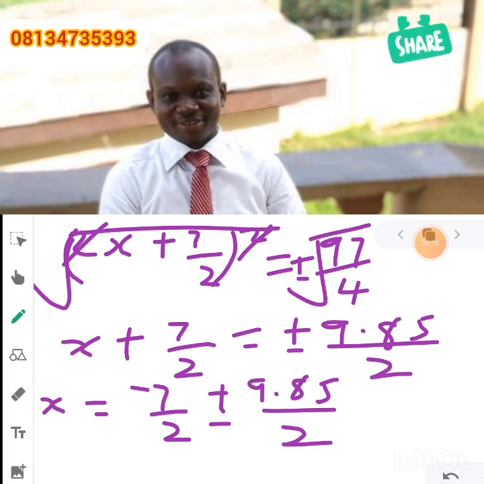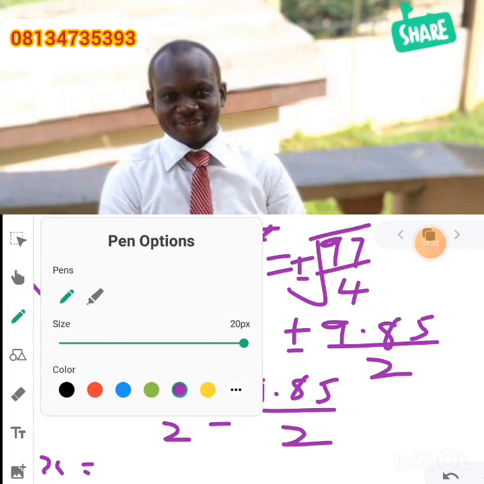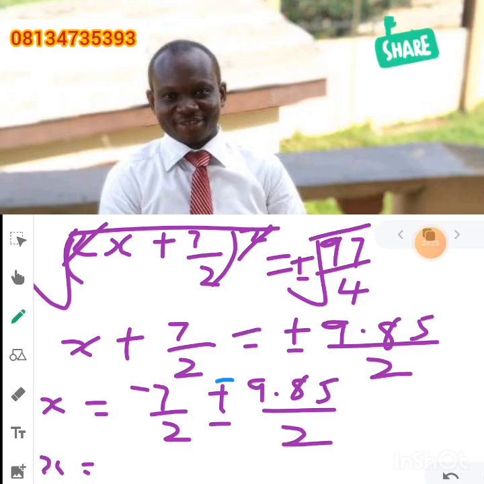We can have the positive value of x first. The positive value will be x equals, using blue for that, minus 7 plus 9.85